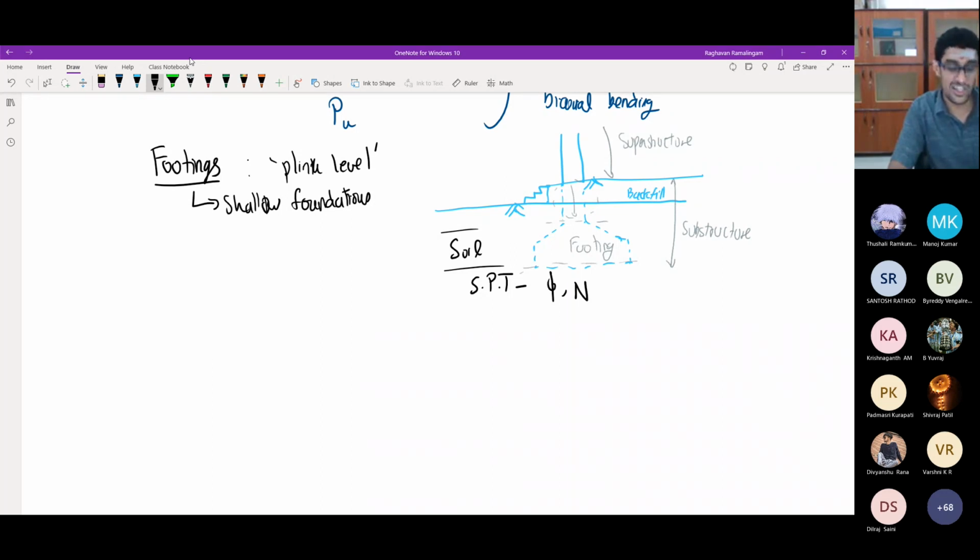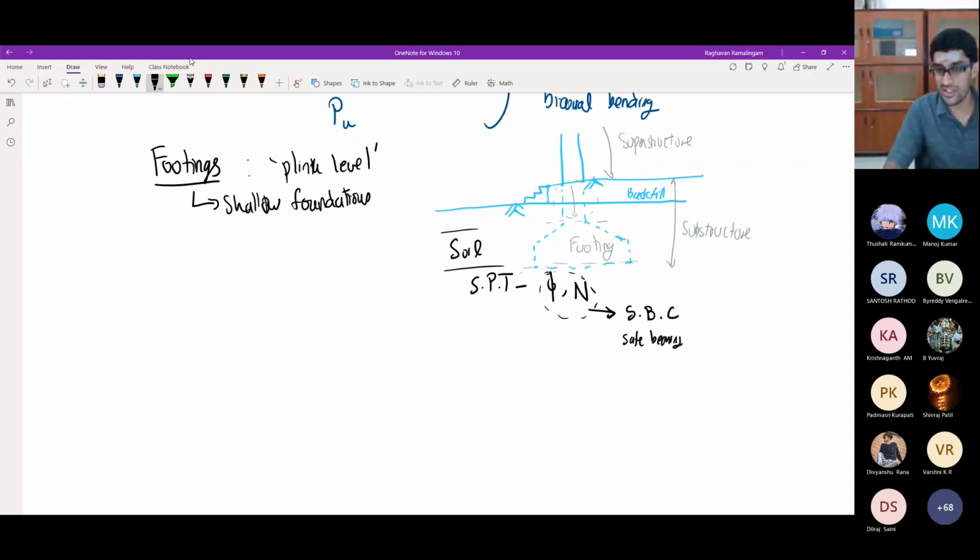Number of blows required. So basically, the number of blows has a direct relation to the firmness or the bearing capacity of a particular soil. Okay, so if you get these two parameters, and there are ways by which, using this N, angle of friction and those things, you will be able to arrive. I'm not sure, maybe you might have studied the calculation, but I'm not sure exactly if you have. You will be able to calculate something known as SBC, or safe